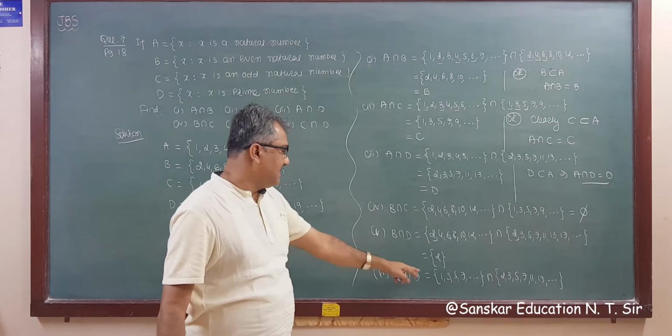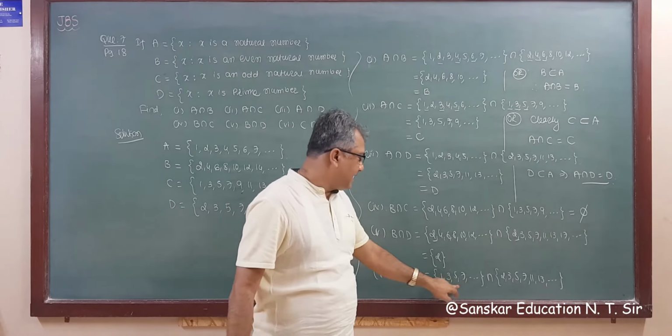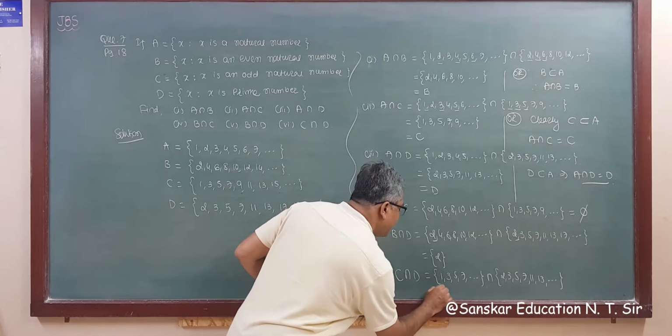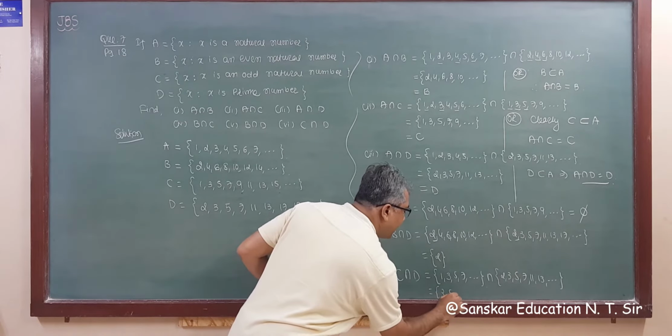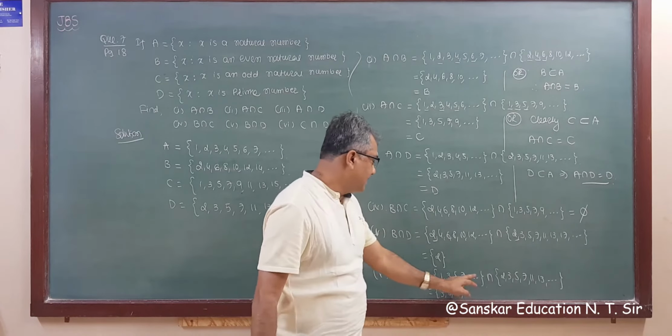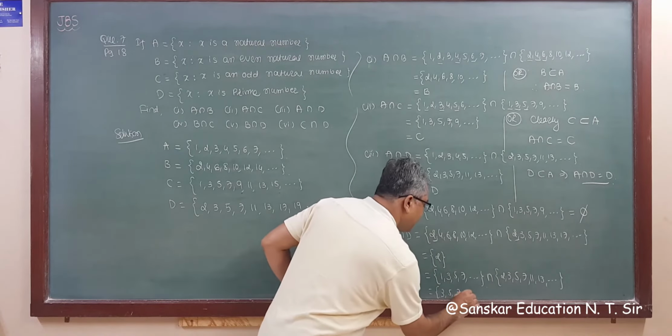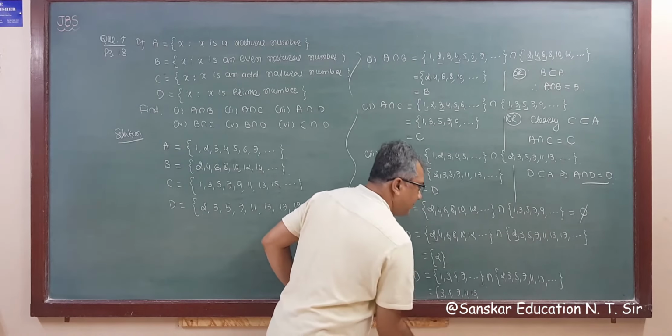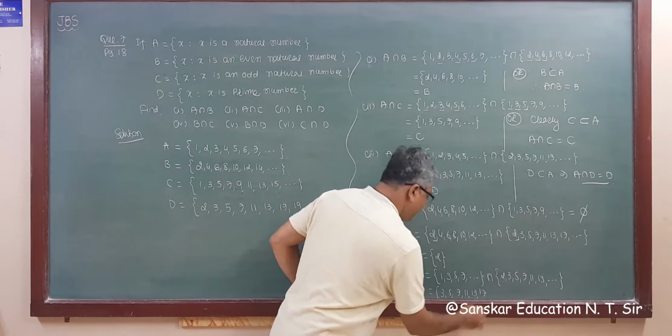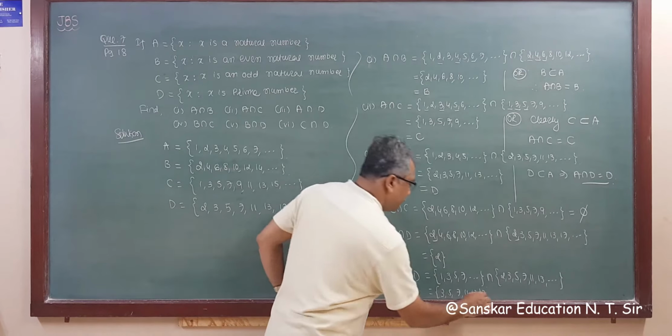So 1 is not contained, but these 3, 5, 7 are there. So we get 3, 5, 7. Then 11 is also here, 13 is also here, 17 is also here. So these all are